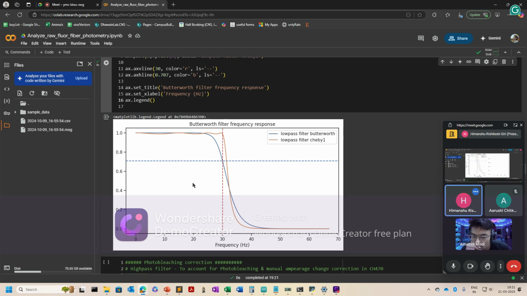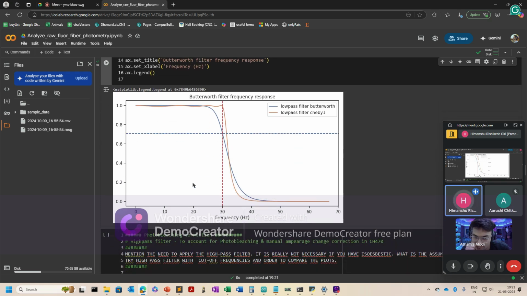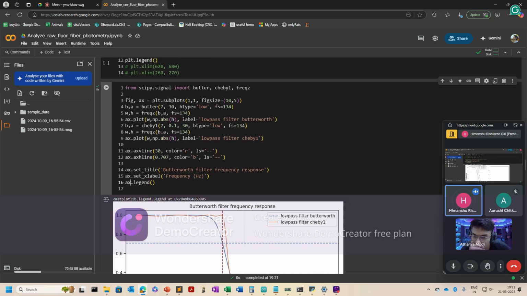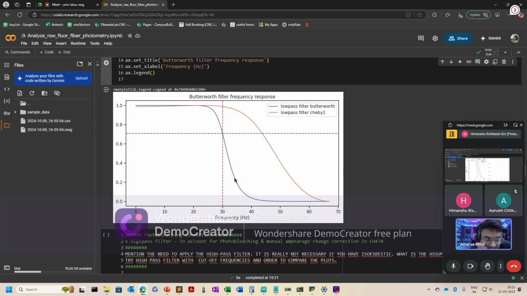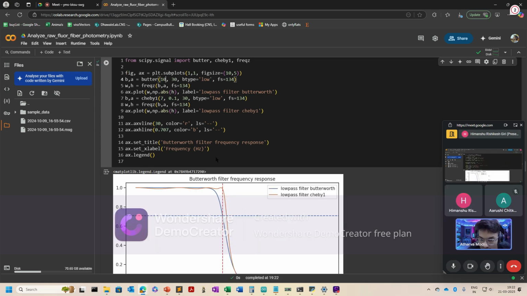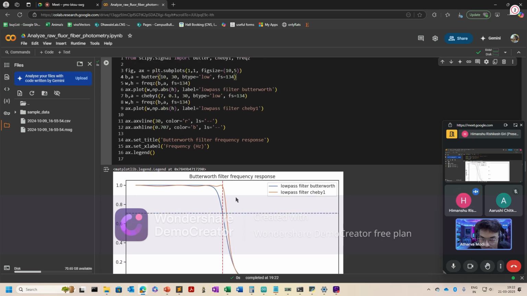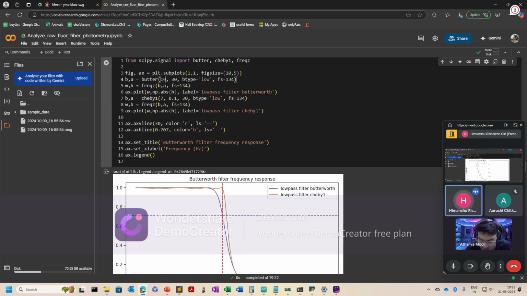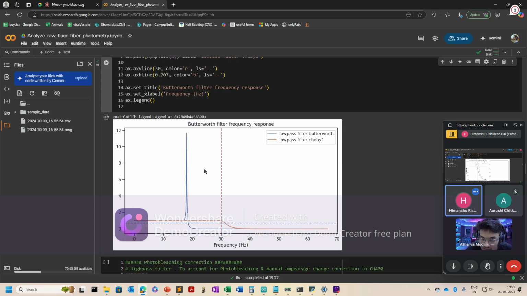Yeah. So if you increase the order, the roll off becomes steeper; if you decrease the order, it becomes slower. It becomes very less steep. If you do 2, it will be like 45 for the cutoff frequency. But with the Butterworth filter, I think it maintains the cutoff at whatever value you give, 30 hertz. If you give it, then it maintains the